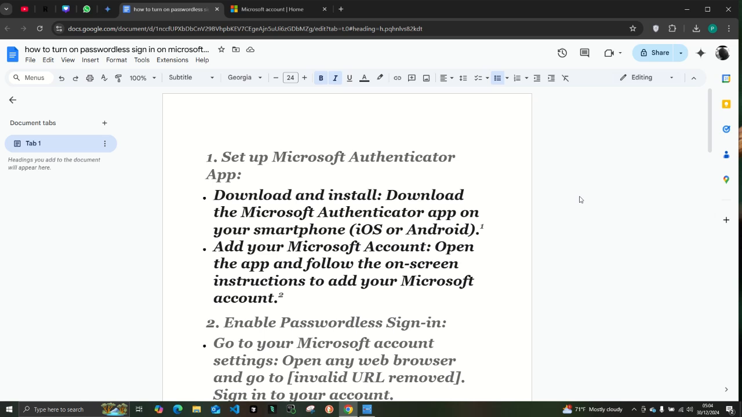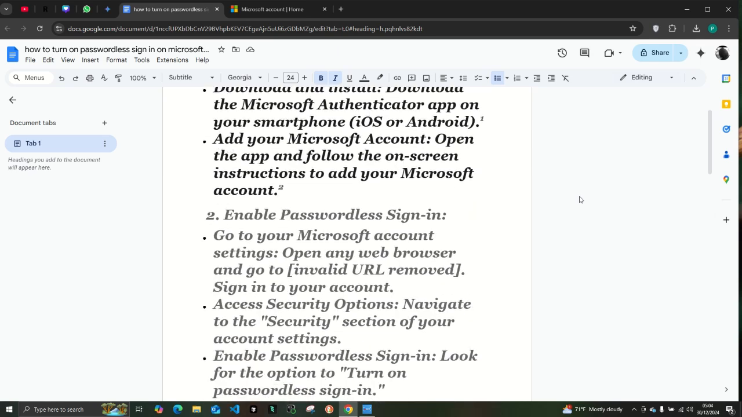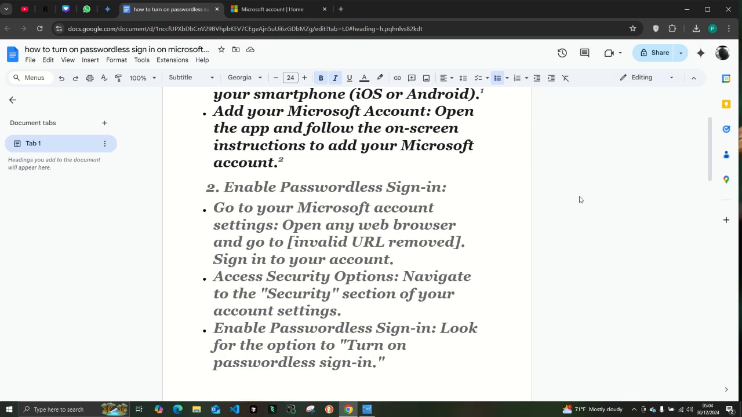First of all, you download and install the Microsoft Authenticator app on your smartphone, iOS or Android. Then you open the app and follow the on-screen instructions to add your Microsoft account. The next thing you do is enable passwordless sign-in by going to your Microsoft account. In any browser, you go to and type in